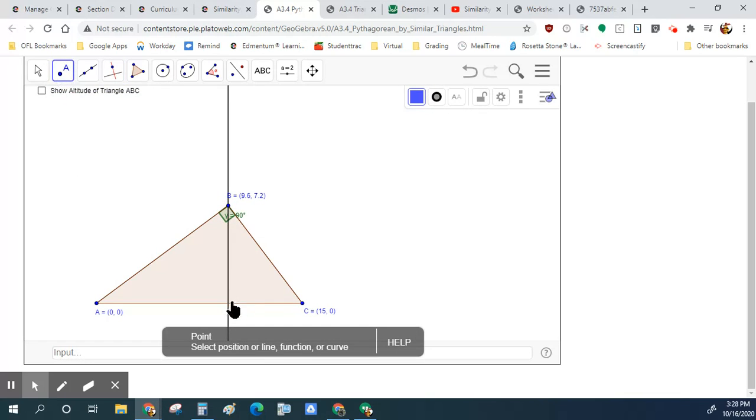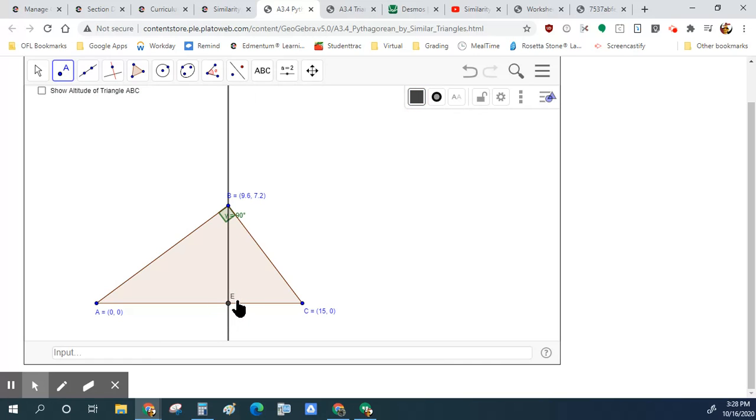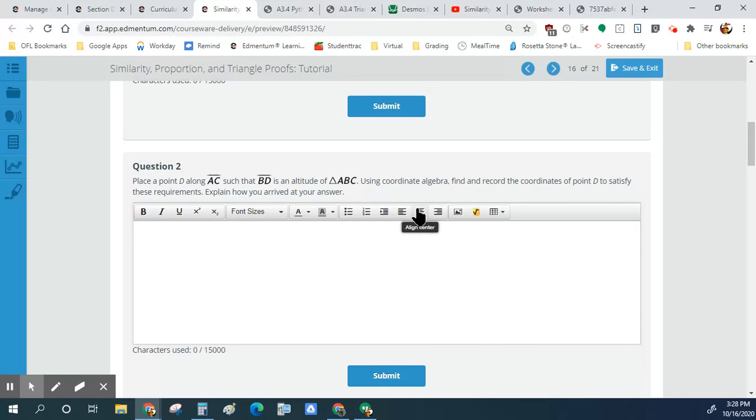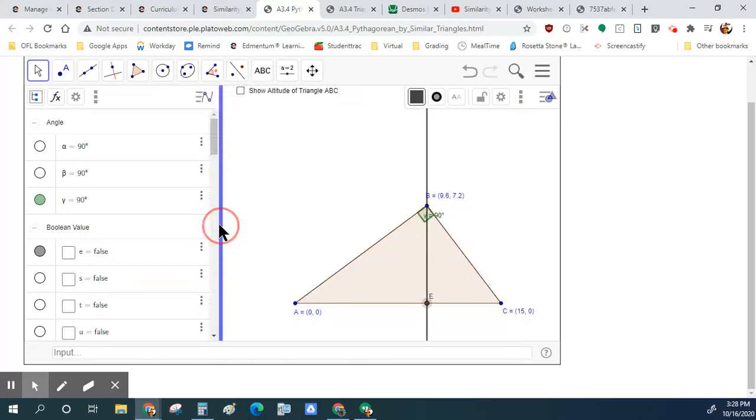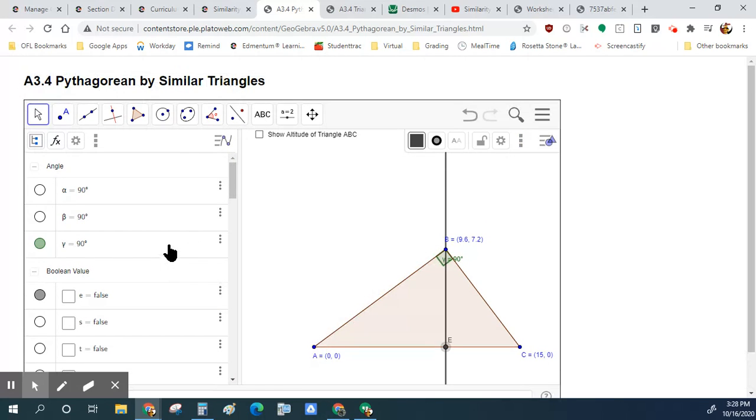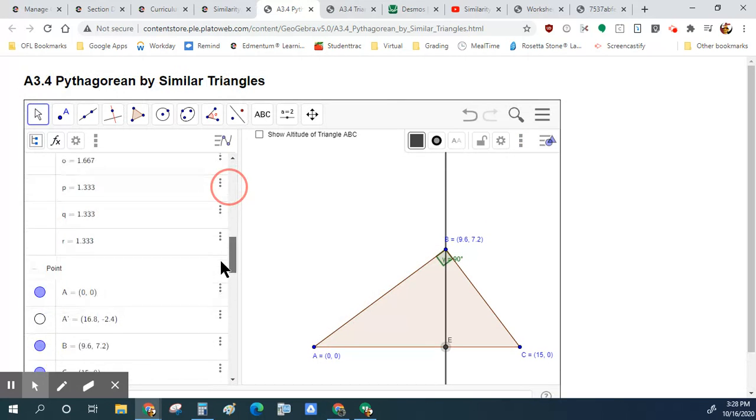So what you're going to do here is you're going to want to click right here. No matter what happens now, you can't really move this line out of the way, and you can't move this E. So that E is perfectly there. So now what this is going to do is explain your answer. And what I'm going to do is I'm going to find that point. So that point, you can click here, go to these three little dots, go to algebra, and your point, if you're looking at point E would be